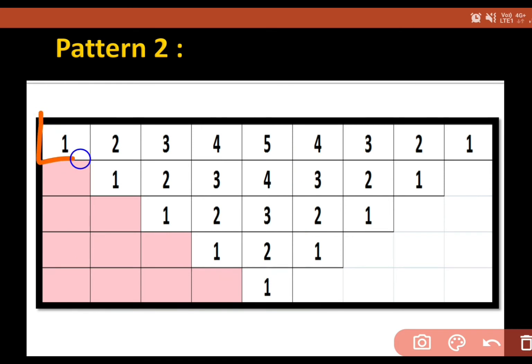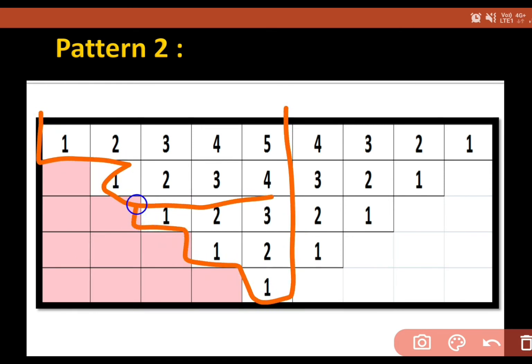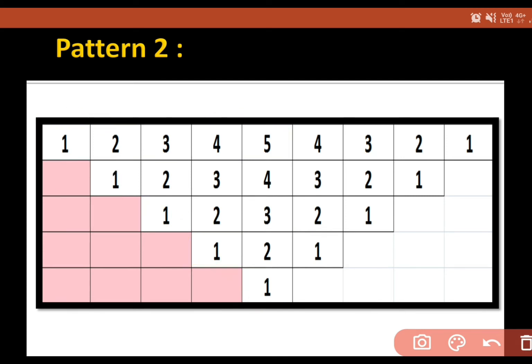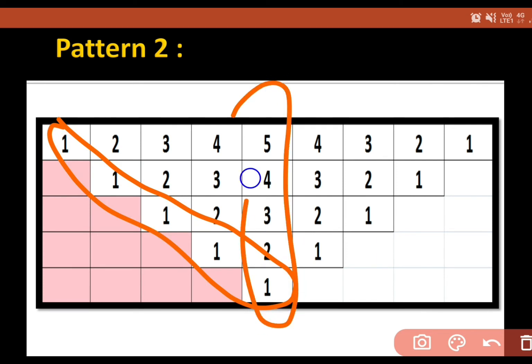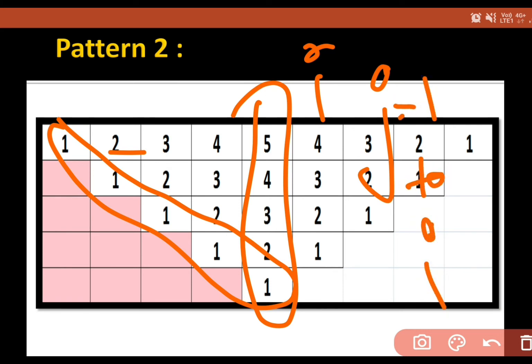And then we have our numbers. See what I'm telling you? But the counting of number always starts from 1 and ends on I. Means if I'm taking J for the numbers, J will start from 1 and end on I.